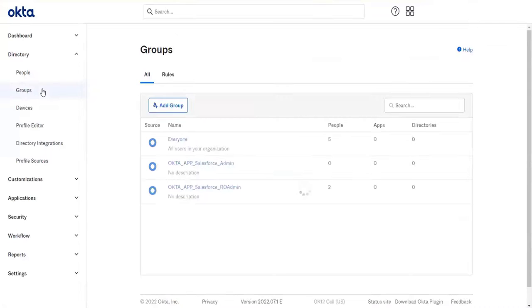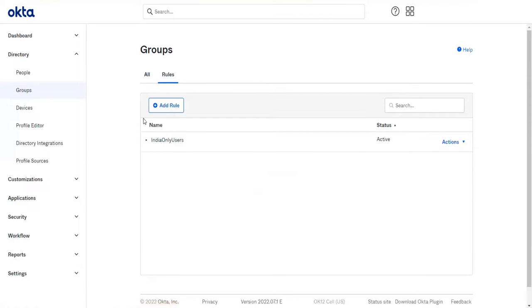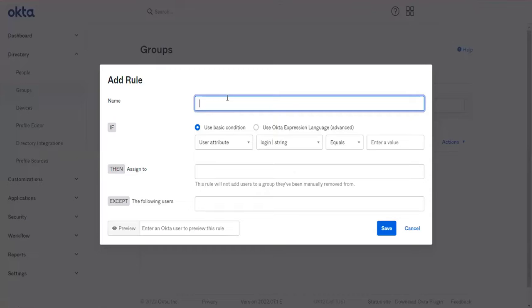Okay, let me show you how we can create a rule for group membership. Let's say, for example, there is a scenario. Okay, you want to create a group? You want to replicate all the users that are already available in that group to the newly created group. What you can do is group replication.